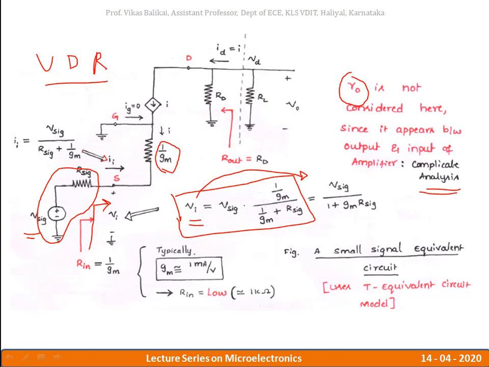So as of now we did two small derivations: figuring out the input resistance and figuring out the input voltage. And mind you, as we have seen from the small signal derivation, Gm typically has a value of about 1 milliampere per volt, and if I substitute that, my Rin will be almost equal to 1 kilo ohm. So that's my Rin value, which, compared to all the configurations, is somewhat low for this particular configuration.